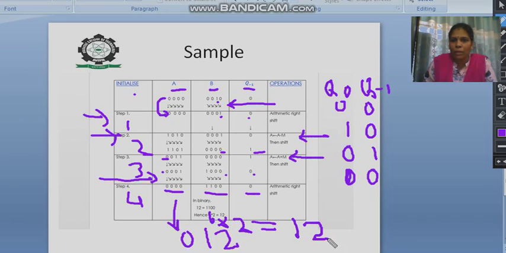So after applying the Booth algorithm, we have the result 12, and clearly we can verify, since we know the decimal multiplication of 6 with 2 gives 12. So this is the proof, or the verification point, that we have applied the Booth algorithm as per its conditions and procedure. So we get the result. This is the 12.